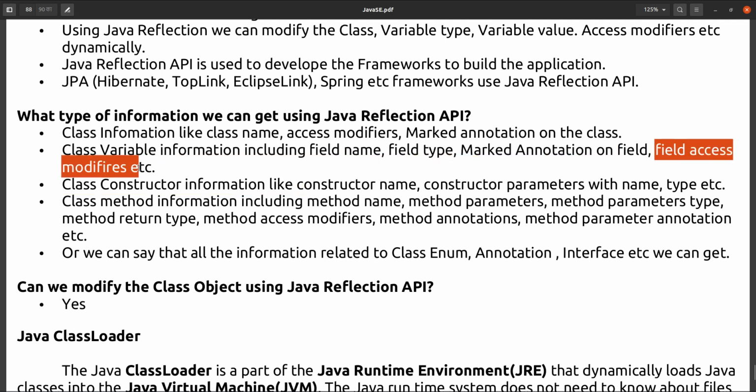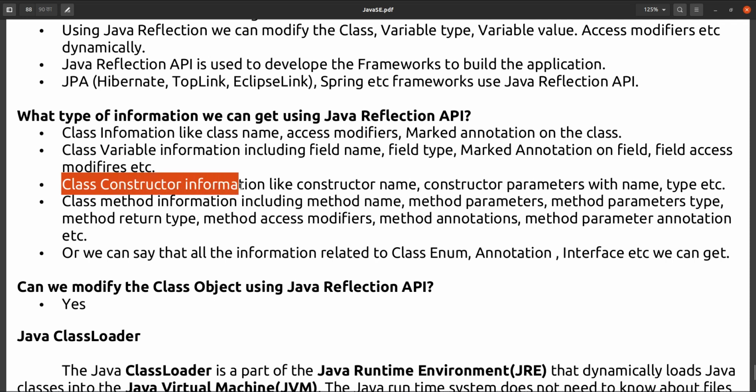Field access modifiers we can also get, whether the field is public, private or protected, or transient, volatile, synchronized, something like that. All that access modifier information you can get using Java Reflection.